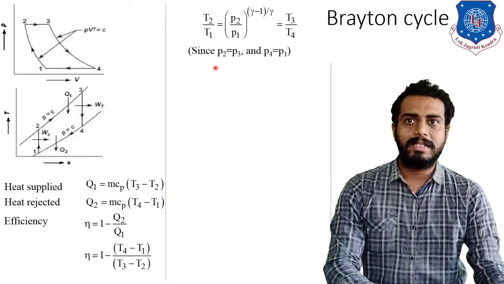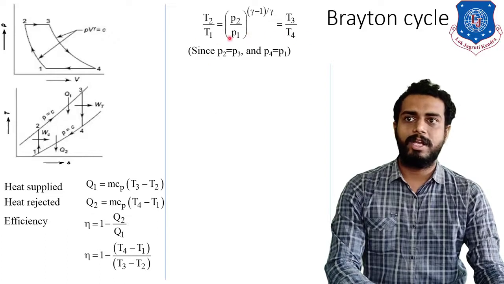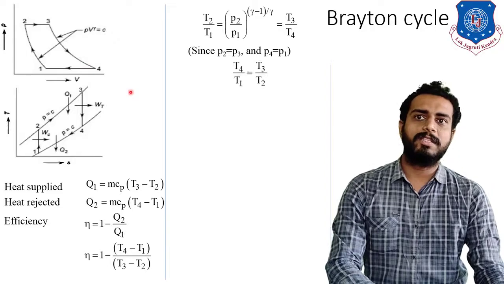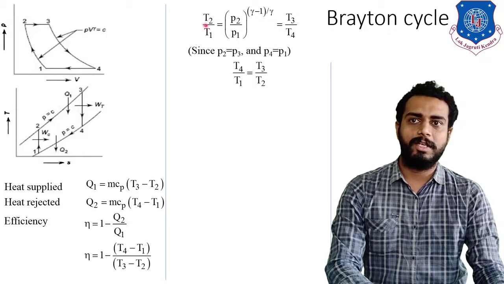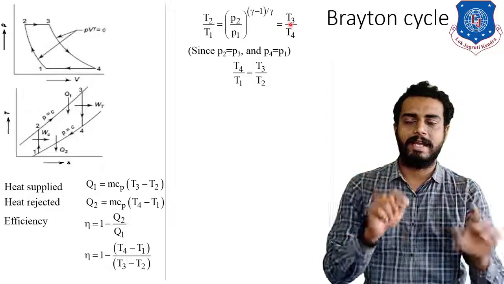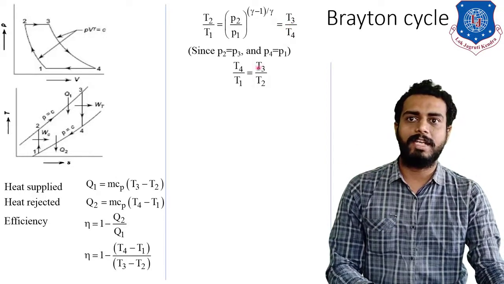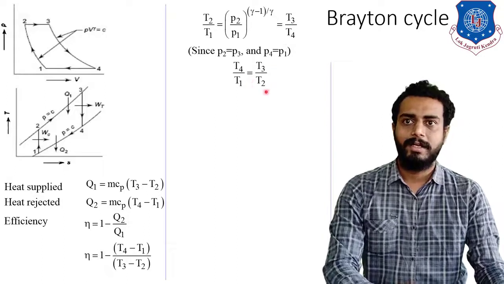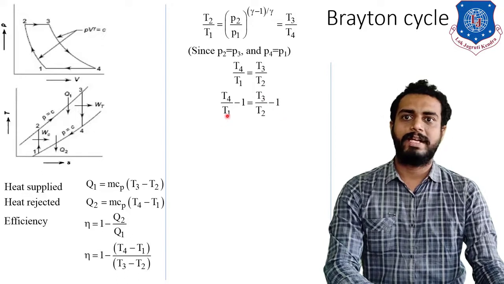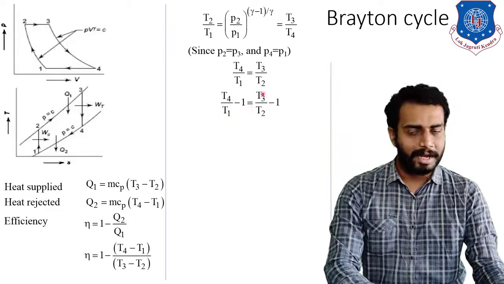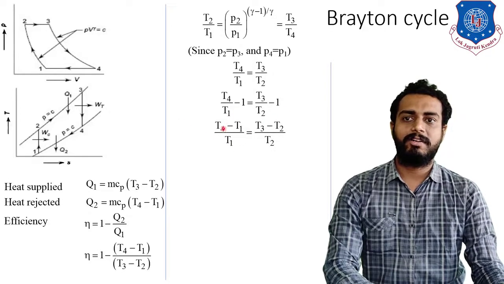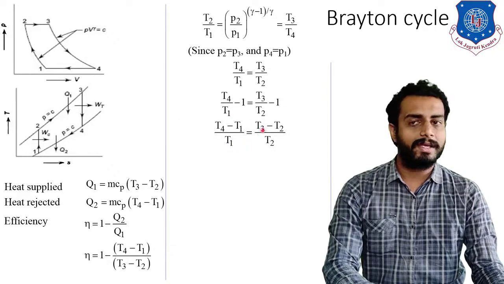How can you equate this? Because I can equate this since P2 and P3 pressures are same and P1 and P4 pressures are same. So from this take the initial term and take the final term, compare both these two terms and rearrange that. So by rearrangement T4 by T1 is equal to T3 by T2, I can write, right? Let us subtract 1 on both sides. So T4 by T1 minus 1 is equal to T3 by T2 minus 1. Okay, now let us take LCM. So (T4 minus T1) divided by T1 is equal to (T3 minus T2) divided by T2.